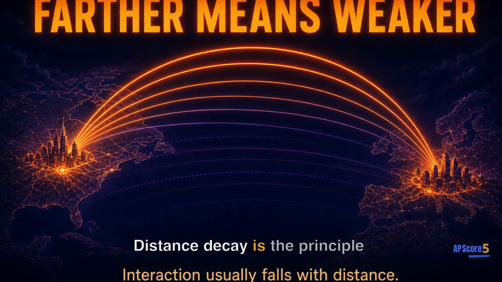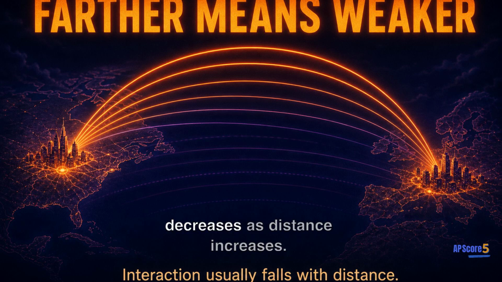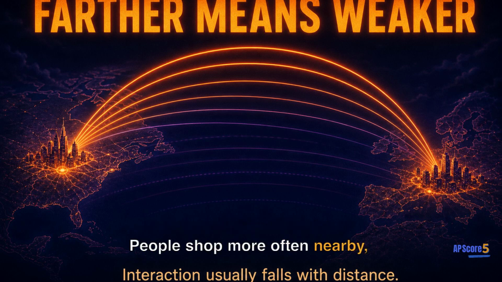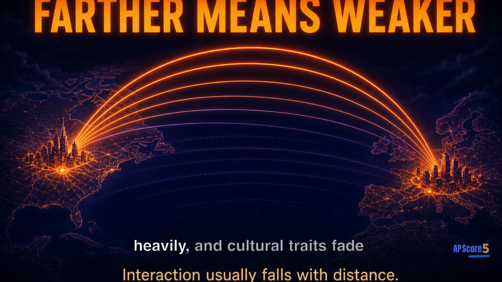Distance decay is the principle that interaction between places usually decreases as distance increases. People shop more often nearby. Migrants often move shorter distances first. Neighboring countries trade more heavily. And cultural traits fade as you move away from a hearth. When the College Board hands you a stem where any kind of interaction weakens with distance, the answer is almost